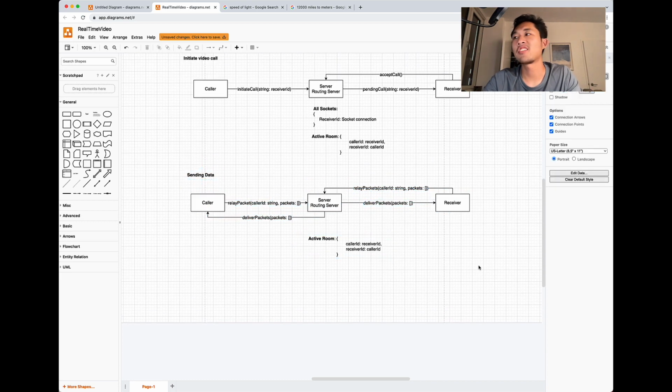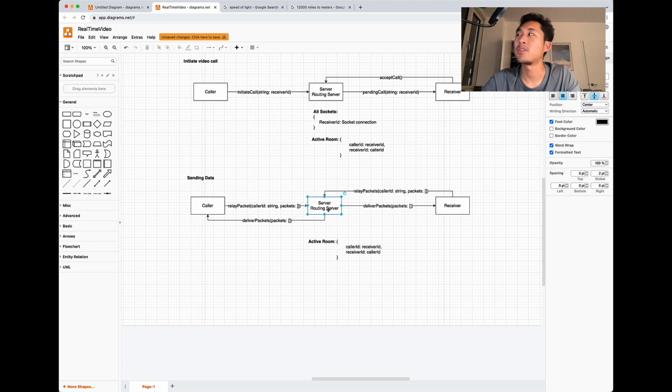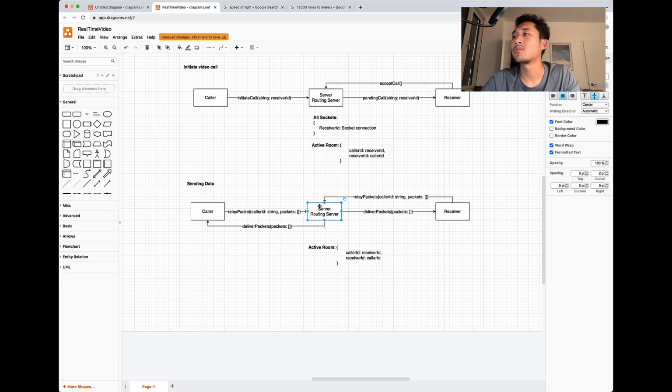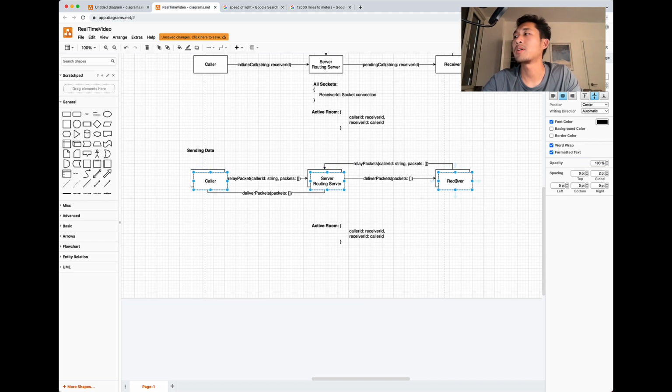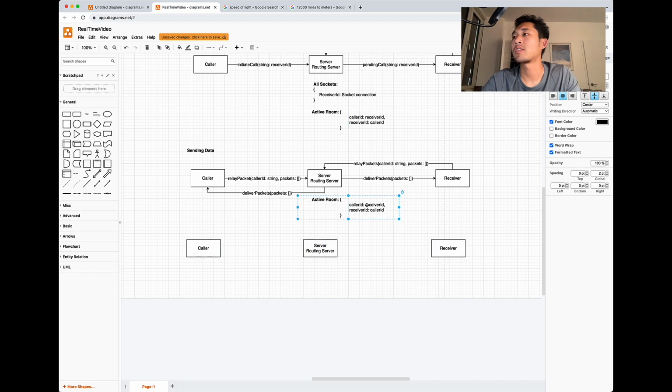So this is great, but this won't scale. This can handle maybe one video call at a time. So we need to scale this horizontally, meaning that we need to have more routing servers, and we need a load balancer in order to send the calls to the right routing server. So let's clean this up a little bit, because it's going to be messy drawing on that one. So then let's just horizontally scale this design.